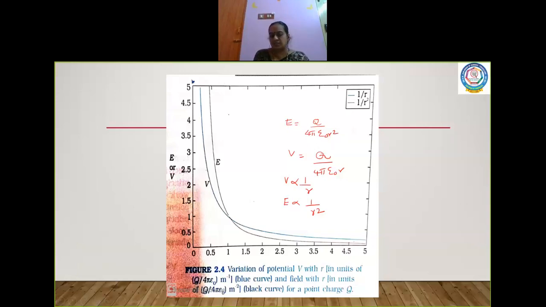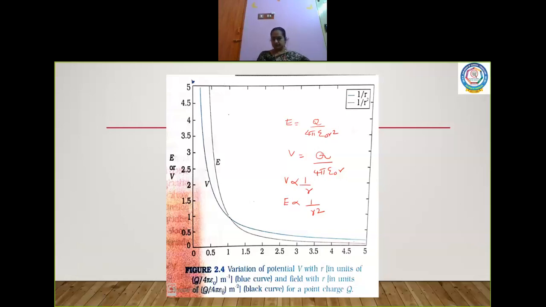Look at the variation. When you see this curve, the slope occurs very fast in this curve with respect to this curve. Look at the slope here. It comes faster than the slope due to the potential. So that's why they say the electrostatic potential varies with 1/r. Hope you understood the graphical explanation clearly, children.